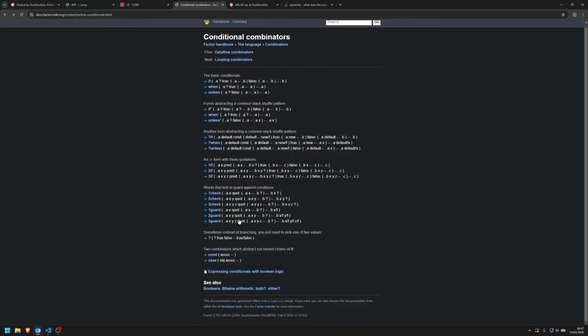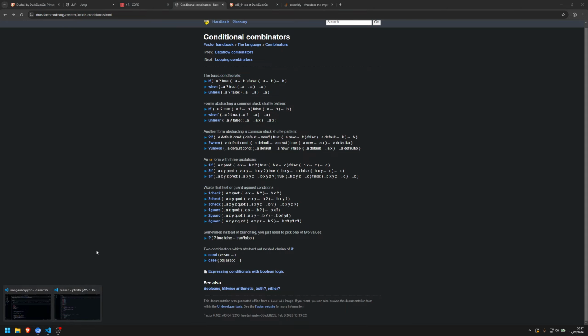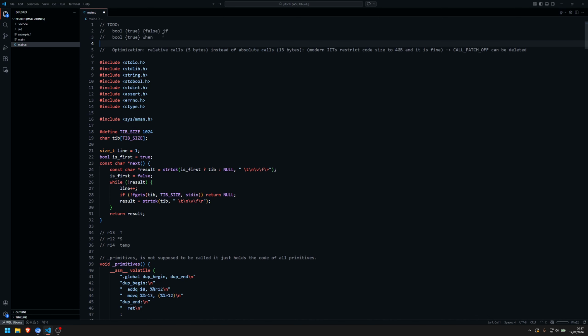So they only have these combinators which abstract the nested chains of if. This can be actually useful. But for this we need arrays, right? We need arrays. Okay. So we can implement that when we have arrays. And that's another thing that we should implement in this language. So the arrays, 1, 2, 3,